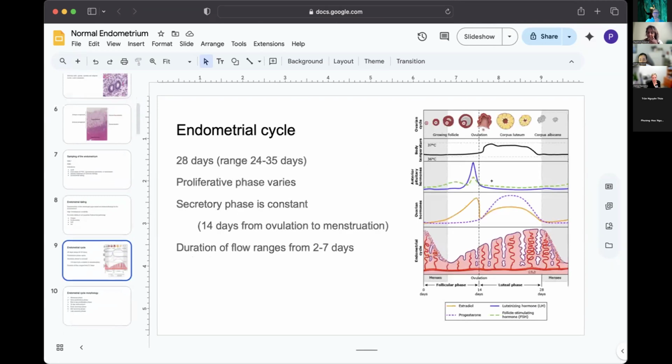So the normal cycle, just a brief overview. I want to get more into the morphology later, but it can range anywhere from 24 to 35 days. The proliferative phase is the one that varies. So secretory is constant, it's 14 days from ovulation to menstruation, but proliferative is what causes that range, as well as the duration of flow itself, because that can range as well. And then with each of these, you have the changes in the hormone spikes, and it's the withdrawal of the hormones that triggers that